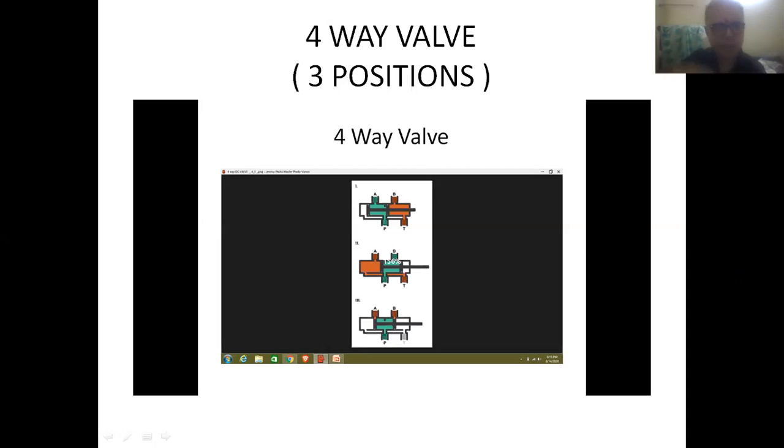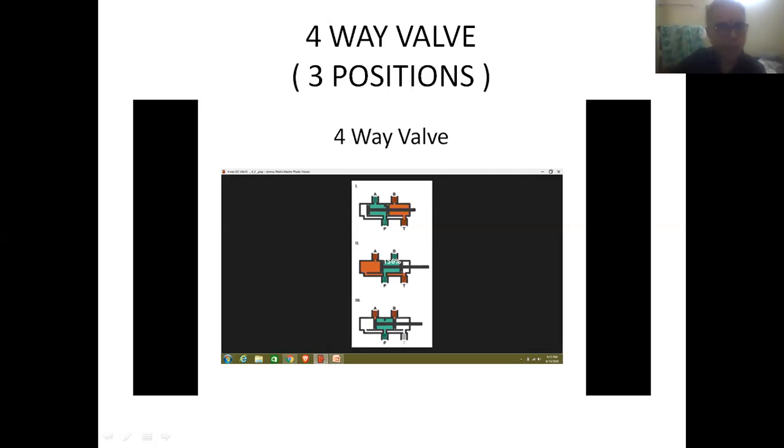And similarly, when the valve is in second position, fluid will be entering from the right hand side of the piston and it will be leaving from the left hand side of the piston.